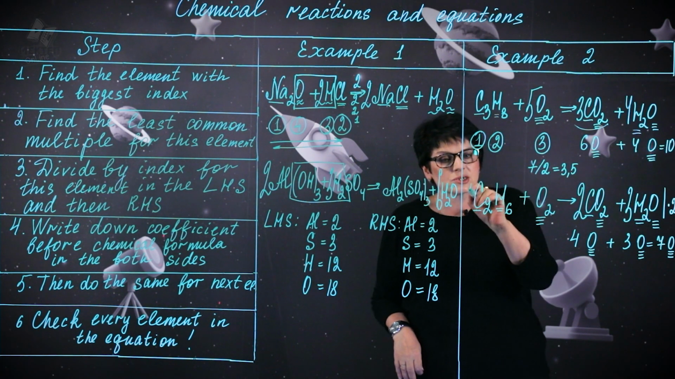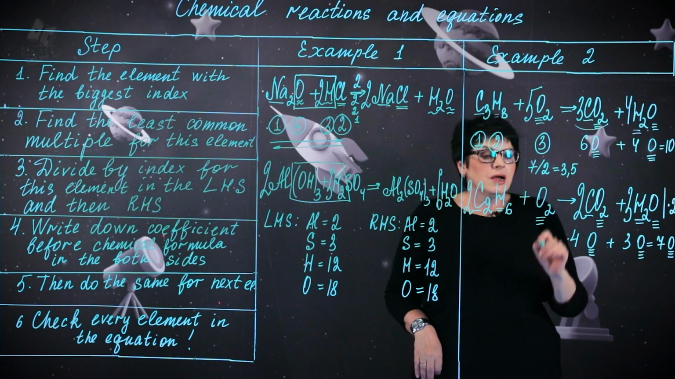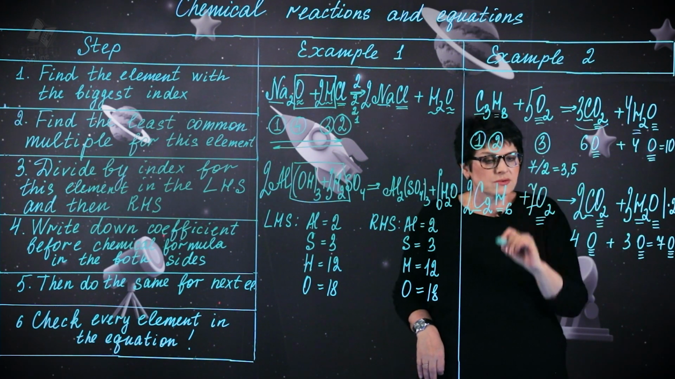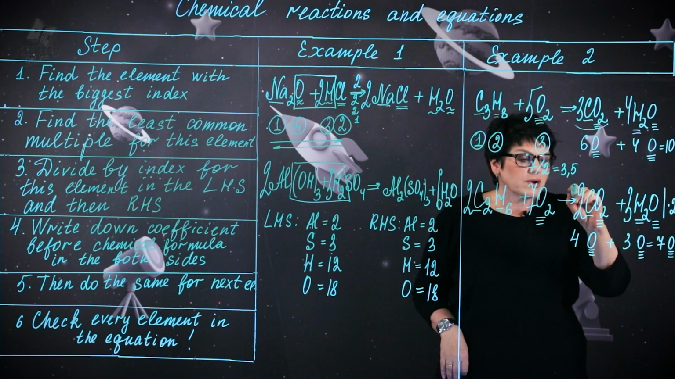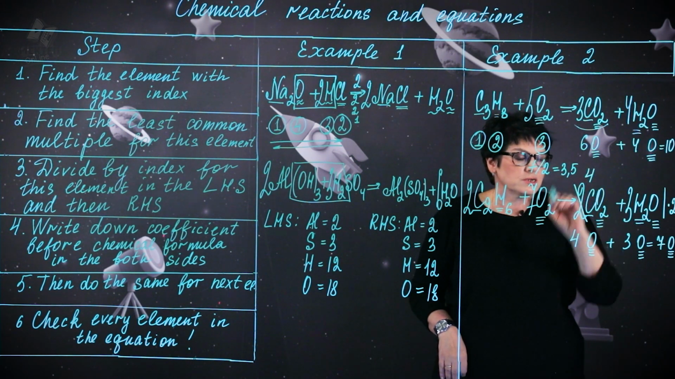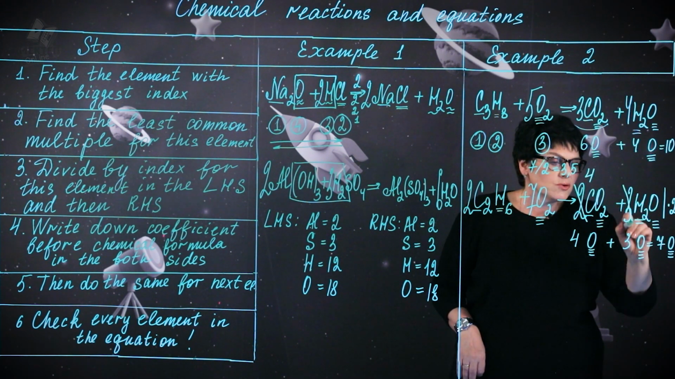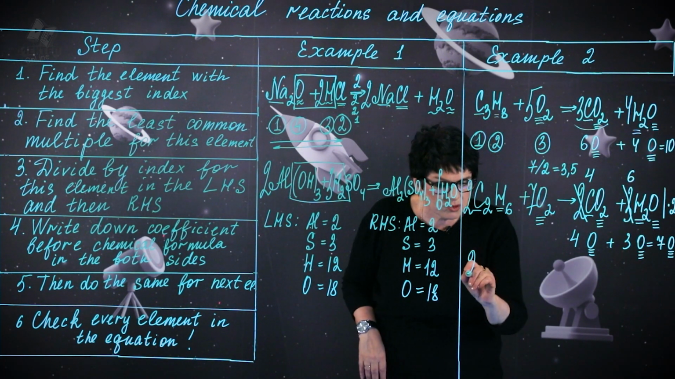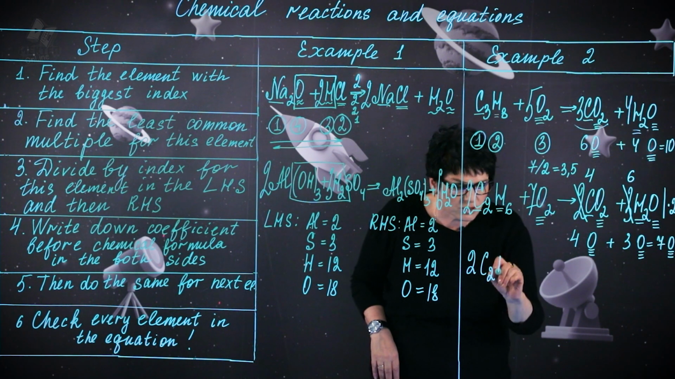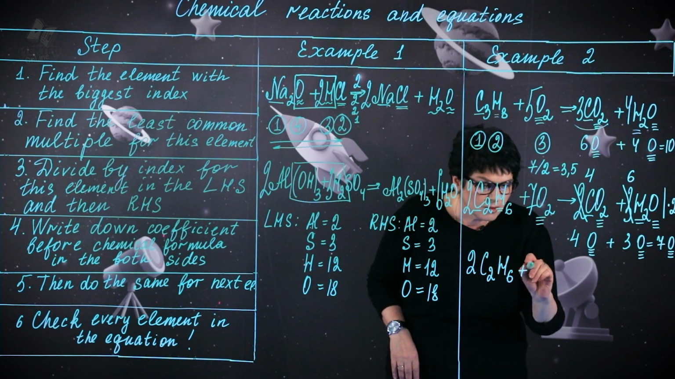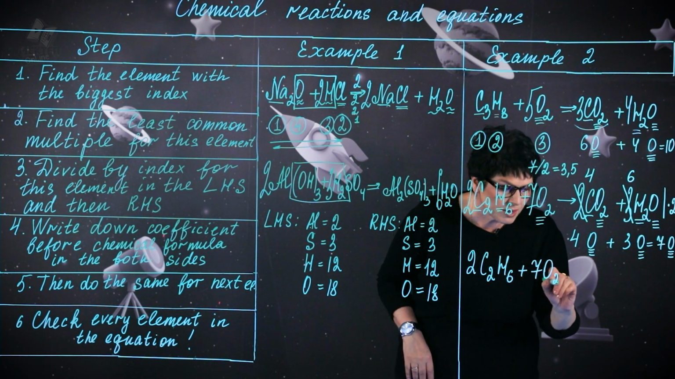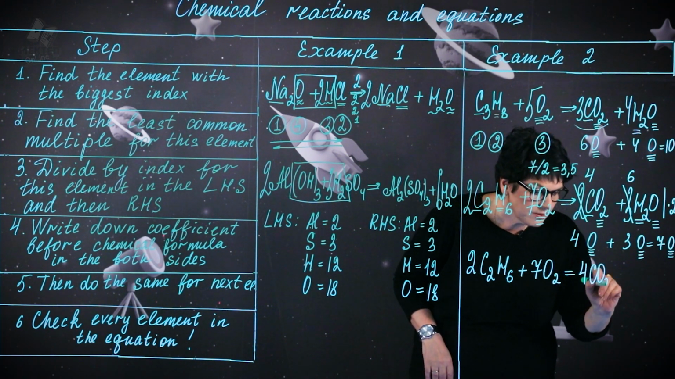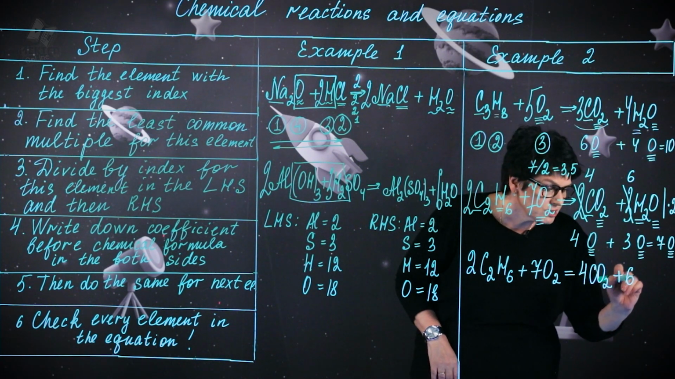Then we'll put a coefficient of 2 in front of C2H6, a coefficient of 7 in front of O2. Before CO2, we'll cross out 2, so it's 4. Before H2O, crossing out 3, we get 6. Let's rewrite the equation so it's easy to see. So in the end, 2C2H6 plus 7O2. Thus, it is discovered that the chemical equation consists of 4 molecules of CO2 and an additional 6 molecules of